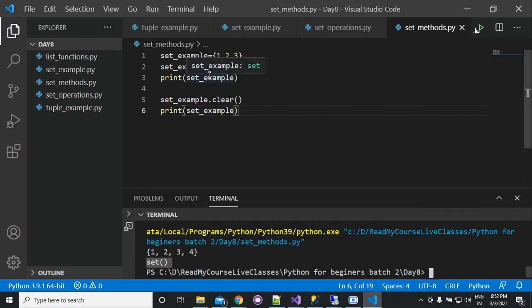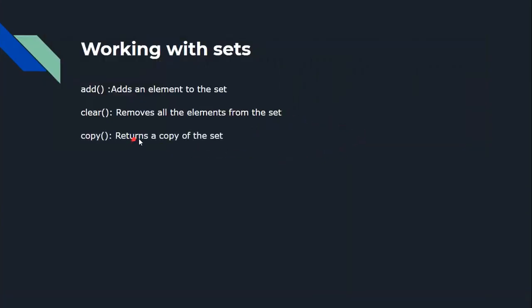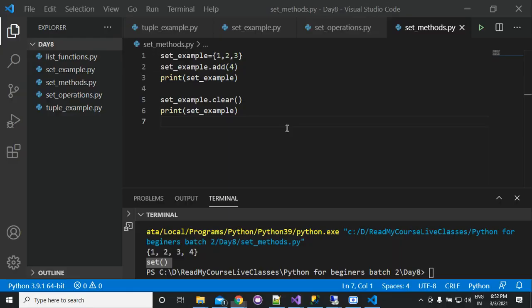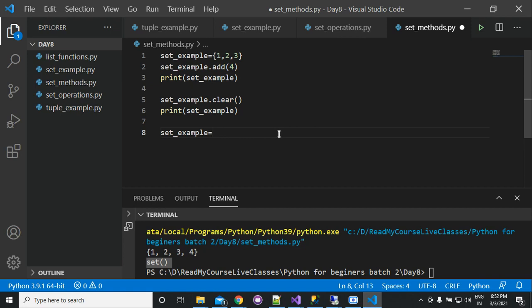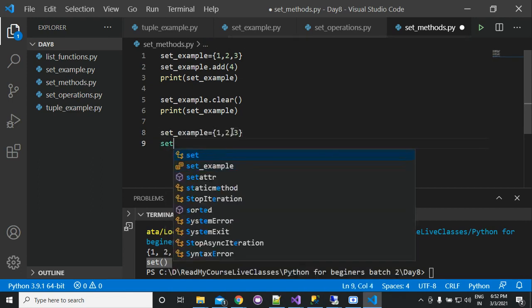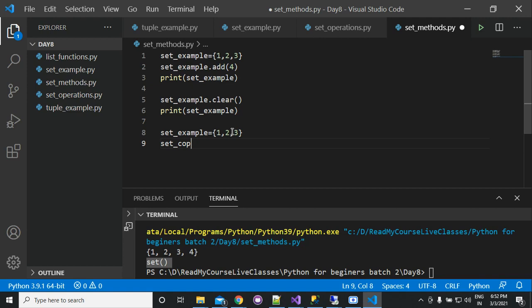Next is copy. It returns a copy of the set. Suppose that you have a set example and we want to copy it.